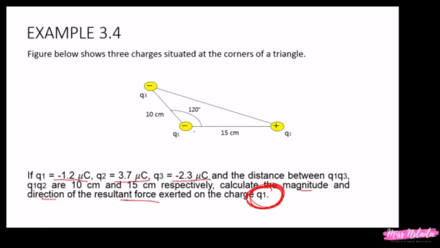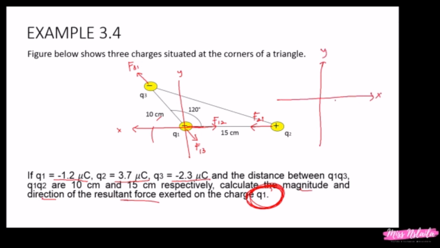Okay, first label the direction of the forces. Q1 and Q3, they are going to repel, thus F13 to this side and F31 to this side. Q1 and Q2, they are going to attract, thus F12 to the right, F21 to the left. We can make an X and Y axis right here. Okay, you can see that the force on Q1 is exerted in this quadrant. If I transfer it here so it is clearer, X, Y axis. And we have